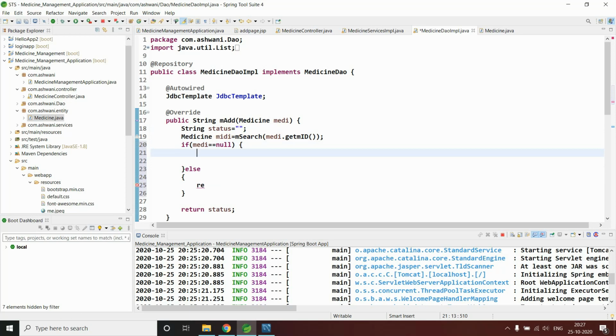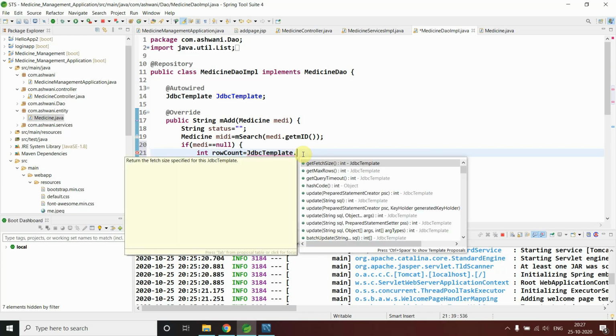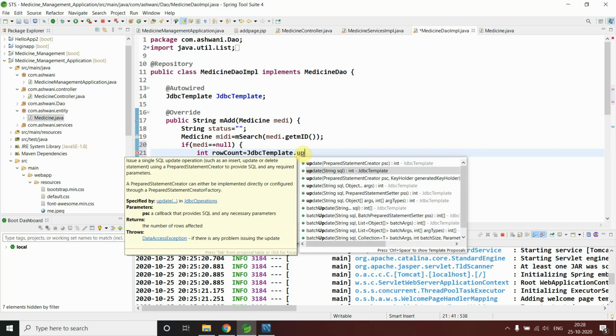So here I want to use JDBC template again, which I have already autowired. So now here, Integer rowCount, I will let you know about the row count. JDBC template, and dot, I want to use update with a string.